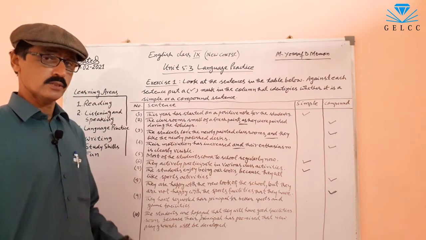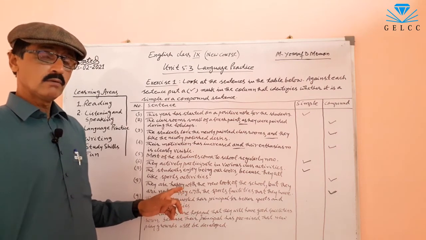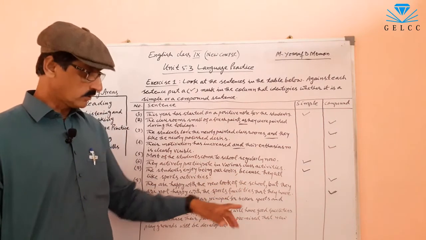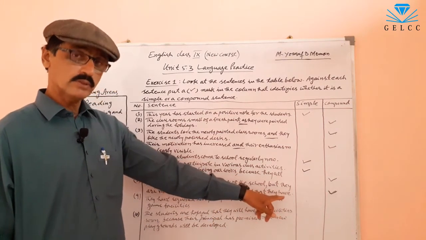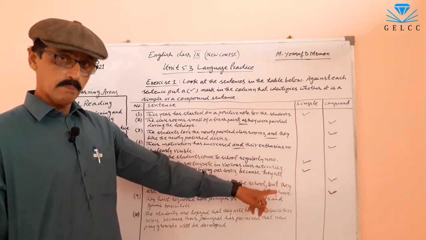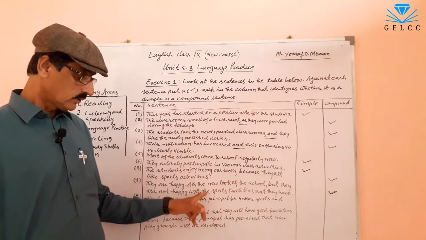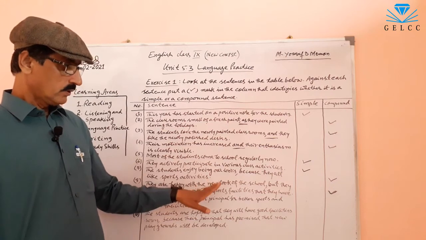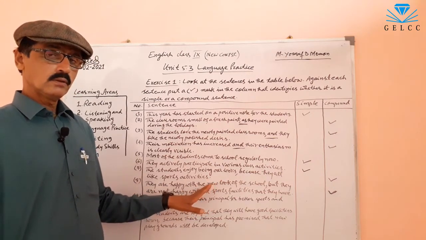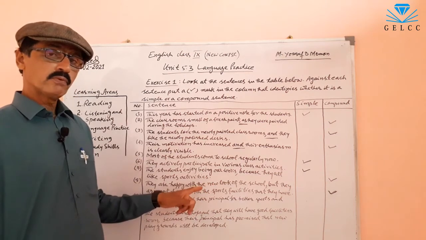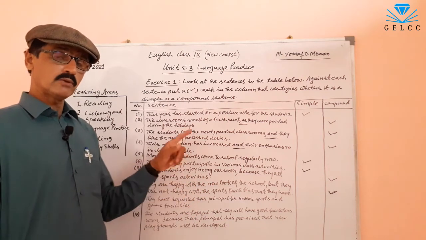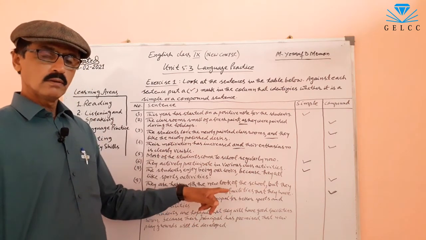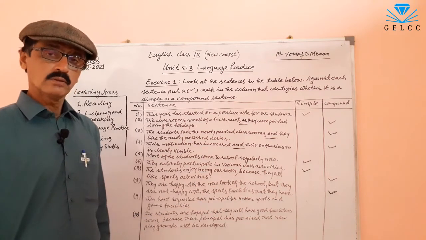A complex sentence is that sentence which has one main clause and 2 or more subordinate clauses. That they have, it is a subordinate clause, a dependent clause on the first sentence. So if we say that this compound sentence is joined by one simple sentence and one complex sentence, because the other 2 sentences make a complex sentence.